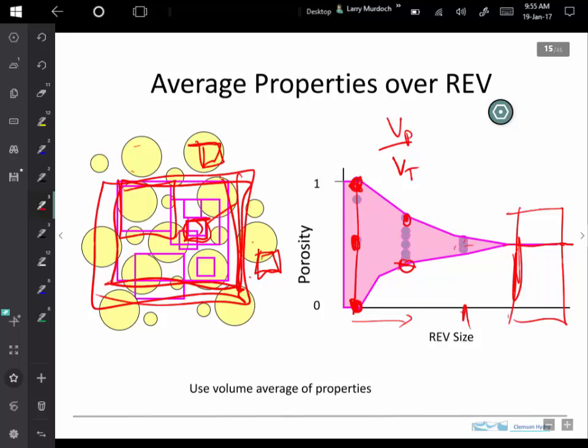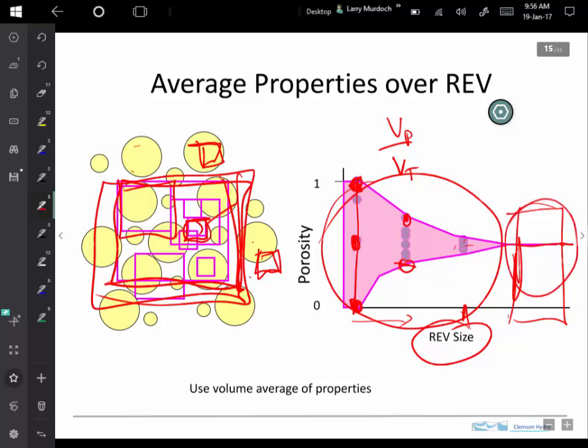So this REV concept, on one hand, it's pretty easy to accept that we're just going to take a volume and average and use those properties. But we see that there are problems with that if it's too small, and the values will change also as the REV size gets larger. So there'll be kind of a sweet spot for the REV size where the property stays relatively constant, and that would be the size that we're going to assume is applicable for these